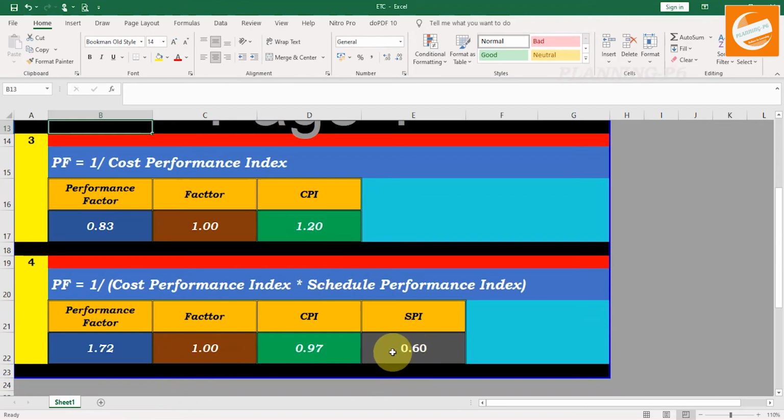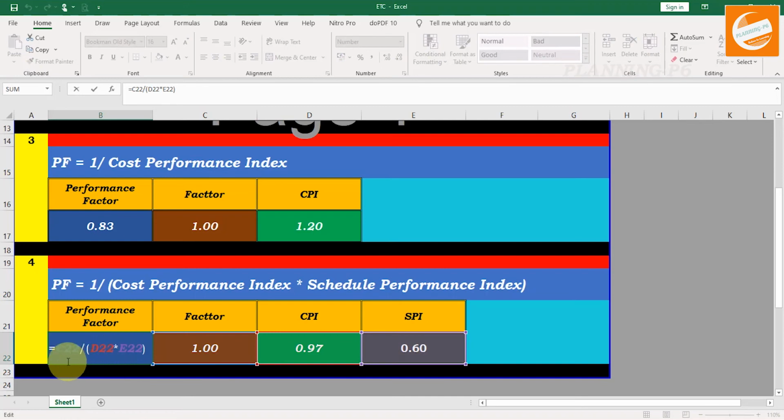How did I calculate this one? Just go through this formula: C22, this one, divided by bracket start 0.97 multiplied by 0.60. That calculates your cost performance index and schedule performance index.